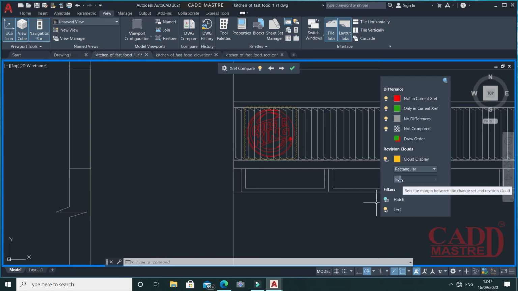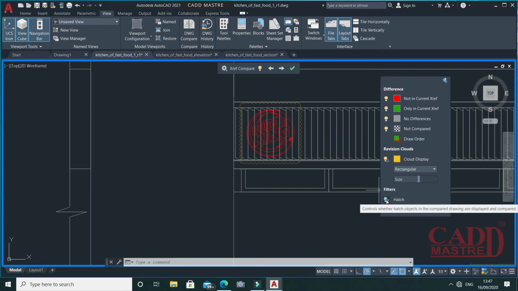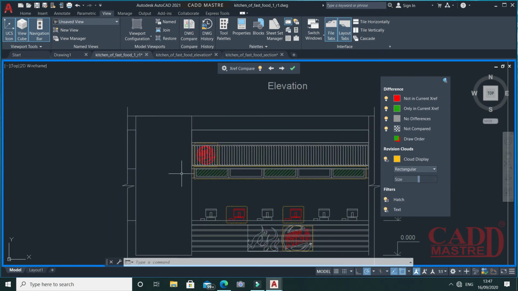You can change the size of the cloud. Under filter, you will find the hatch and text options. If you toggle on the display of hatch, you will find the hatch we made in our reference drawing. If you want to make it disappear, just turn it off.